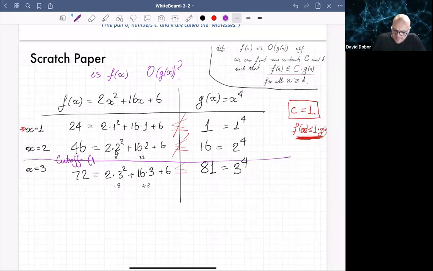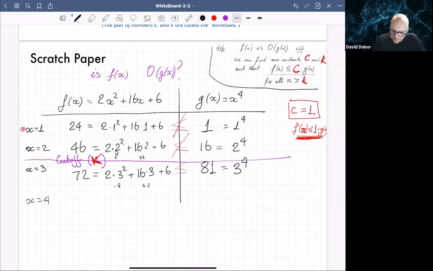This is my k. Or maybe we should have it in red because we have these k's in this. This is my k. Okay, c was fixed at 1. C and k. So here's the cutoff k. When k became 3 or above, notice that for every x that comes after that,